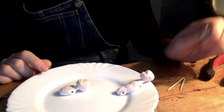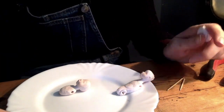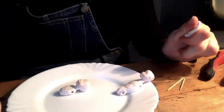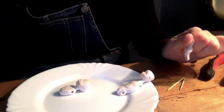Now I'm just going to bake these, and then I think that's nearly the end of the sculpting and baking for these figures, which is incredible. Then we'll be on to wiring, wrapping the wire with wool, painting, wigging, and